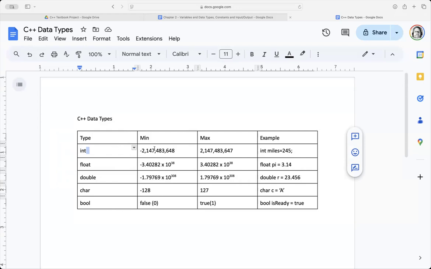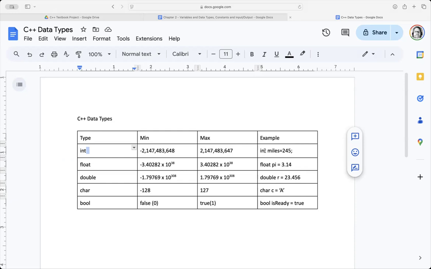On our system, an integer can take the value from negative 2 billion something to positive 2 billion something. If you need a number bigger than that, there are other integer types, longs and so on, which we won't get to now because we won't need them for a while.